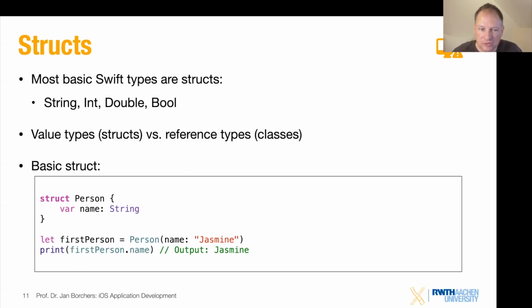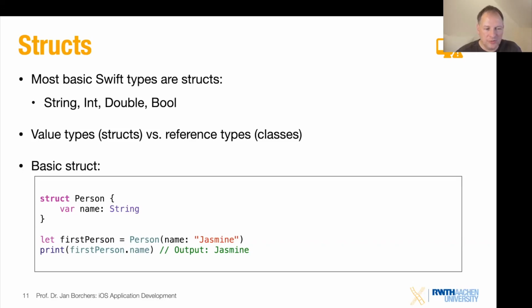The most basic way to specify a struct is simply with the struct keyword, and here I have a custom struct that I call Person. Notice that we're using an uppercase P here, just like with classes, to distinguish struct type names from simple variables or constants. So Person is a struct, not a class, but it's in many ways similar to that, except for that fundamental difference, value type versus reference type. And that struct has a single member here, which is a name. It's a variable, so it can be changed, and it's of type String.